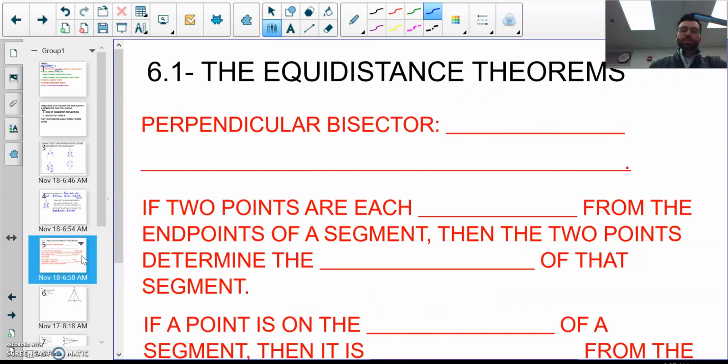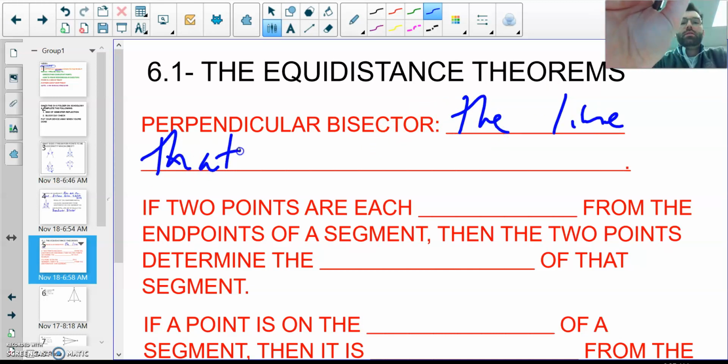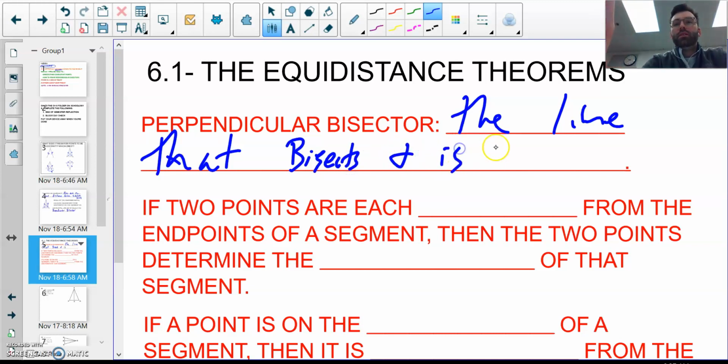So equidistance and perpendicular bisectors are part of 6.1. The other part is our angle bisector. Oh, here we go. Perpendicular bisector. It's exactly what it sounds like. It sounds like two things: perpendicular, which we know what that means, and bisector, which we also know what that means. So it's the line that bisects and is perpendicular. Remember, this means perpendicular, upside down T,